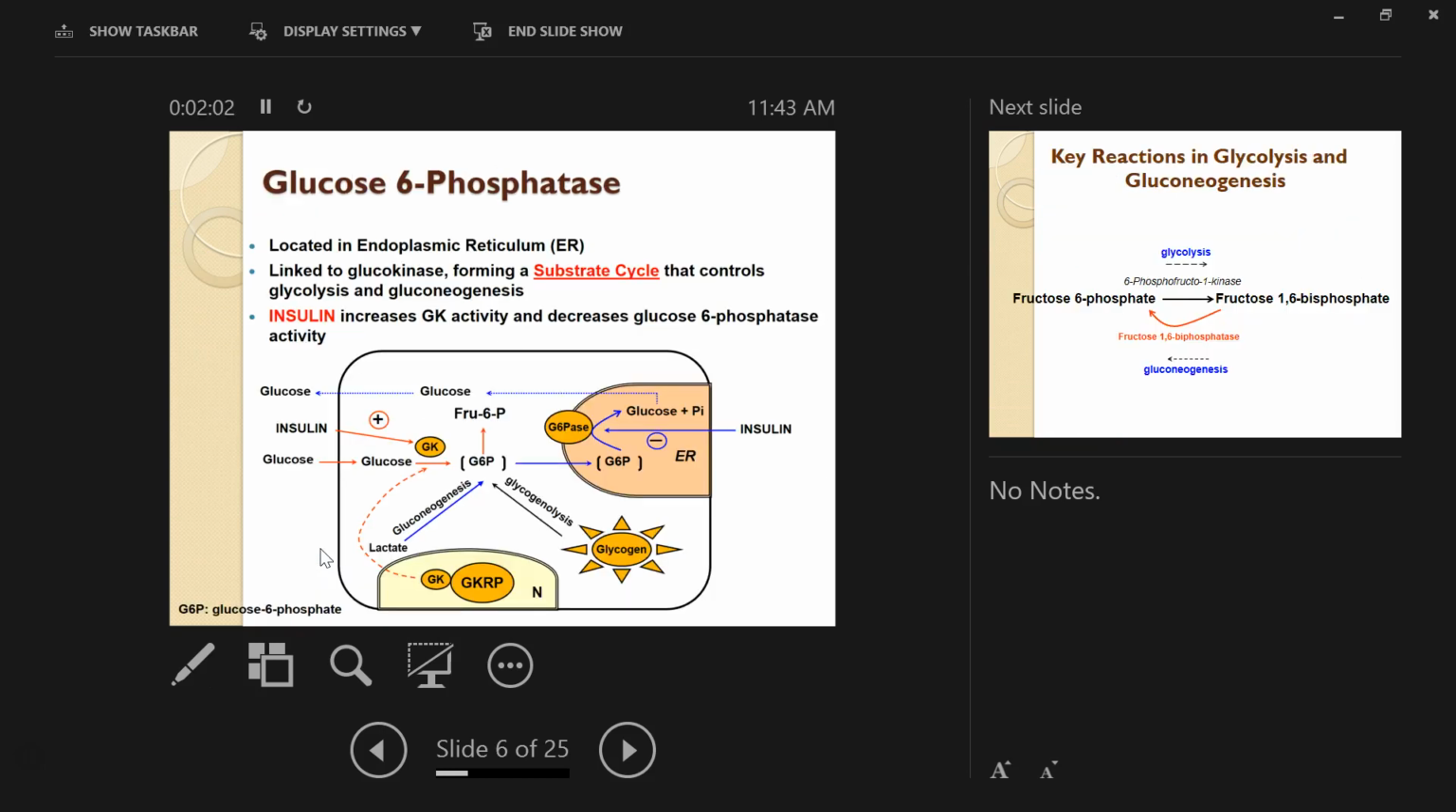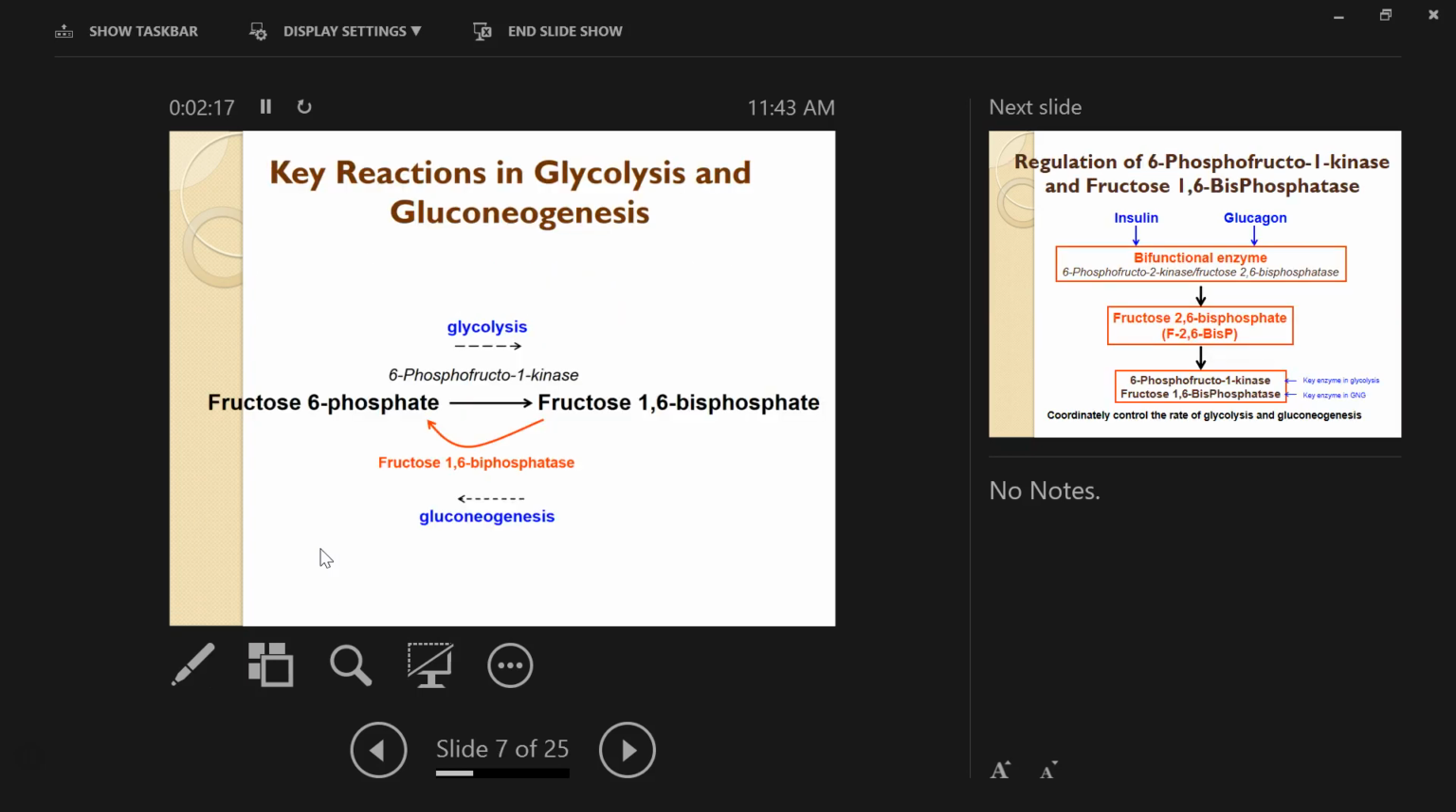And glucose 6-phosphatase is relatively simple. I mean, since this is a key enzyme in gluconeogenesis, you would expect that insulin basically should inhibit this enzyme. And then